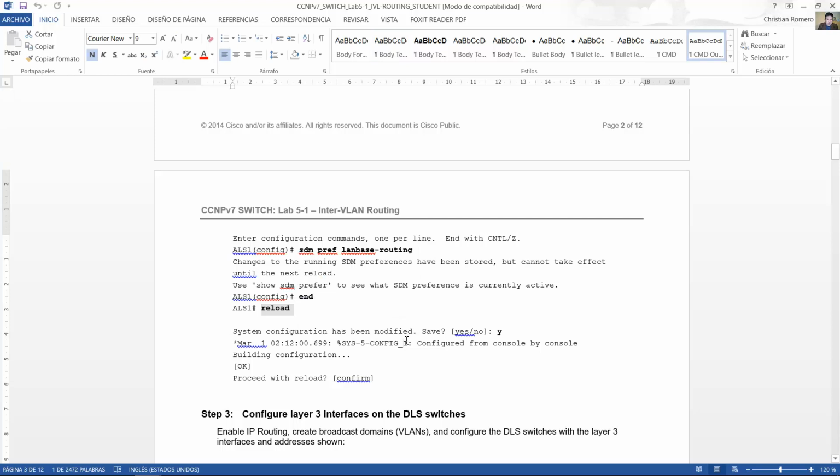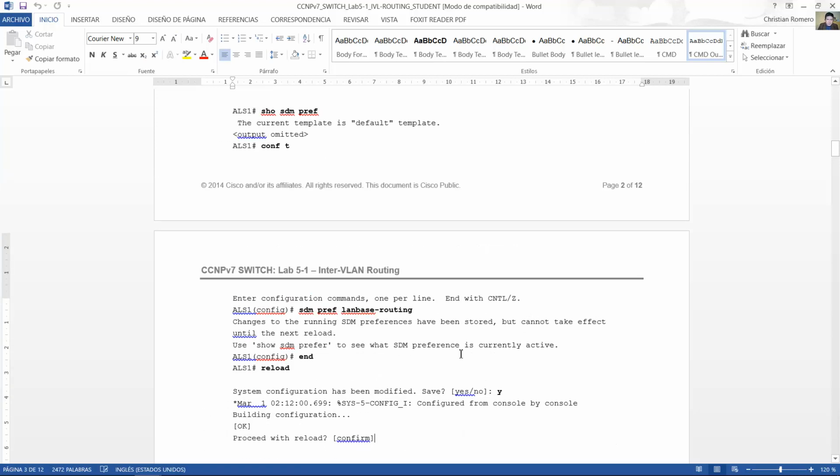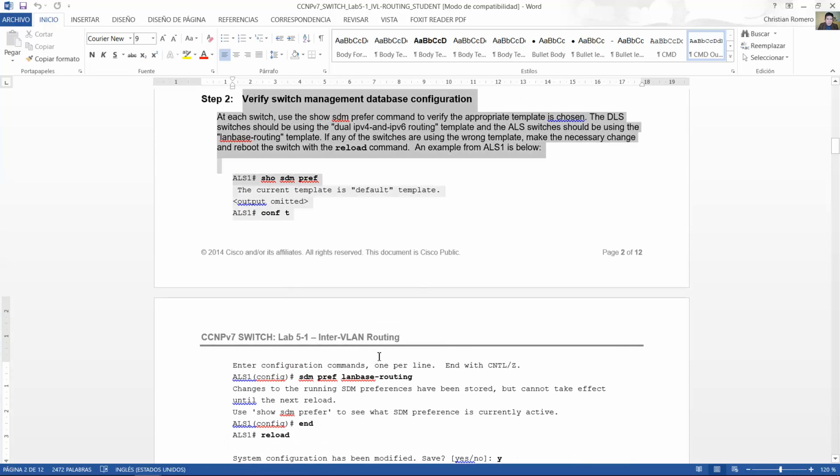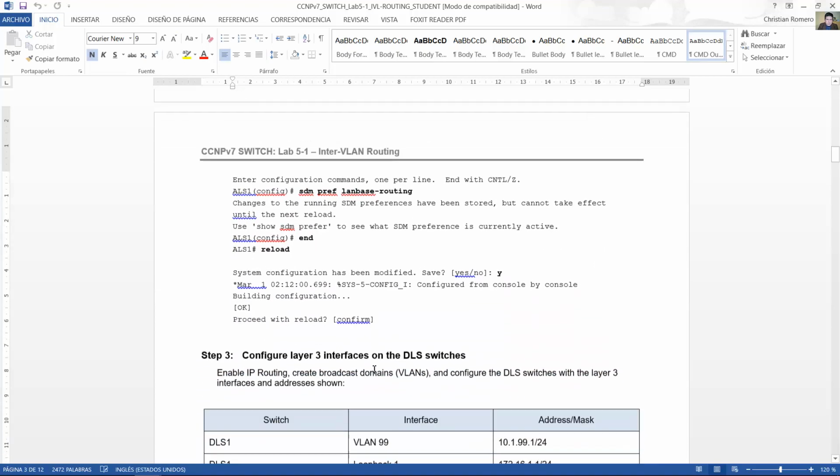Then reload. System configuration has been modified. Save, yes, and reload. And confirm, press enter. Okay, this is not supported by VIRL or GNS3, so